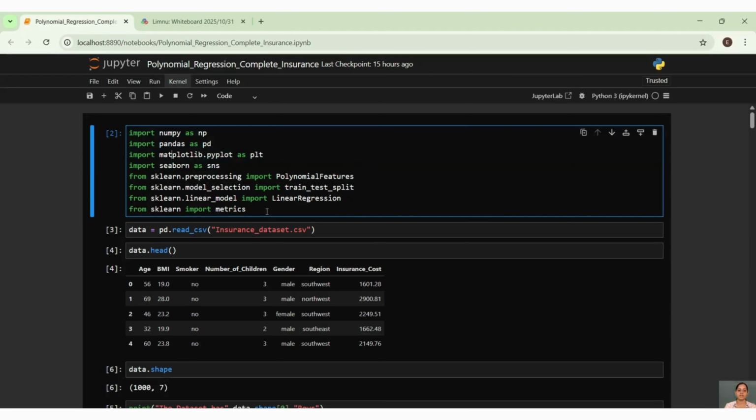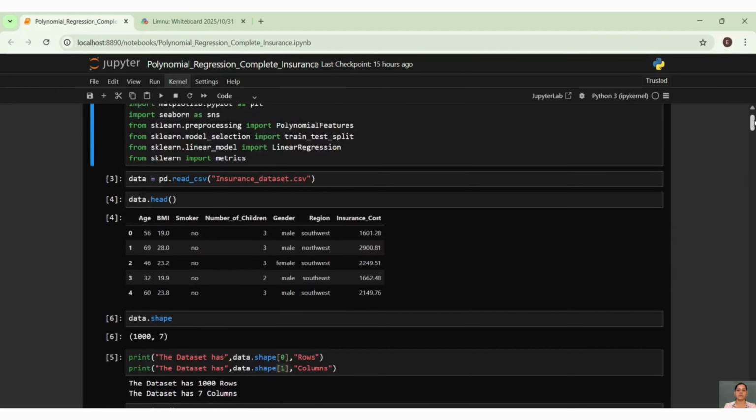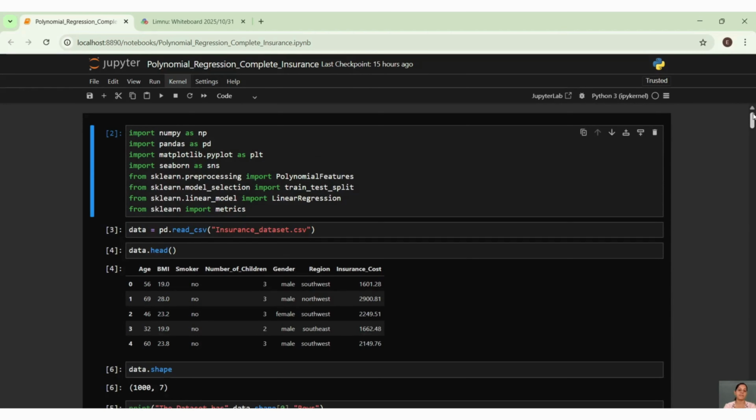Matplotlib, then seaborn, then we can get our train test split, because ultimately we have to perform linear regression here, and the linear model, then sklearn, where we are importing our metrics. So we have taken our libraries.